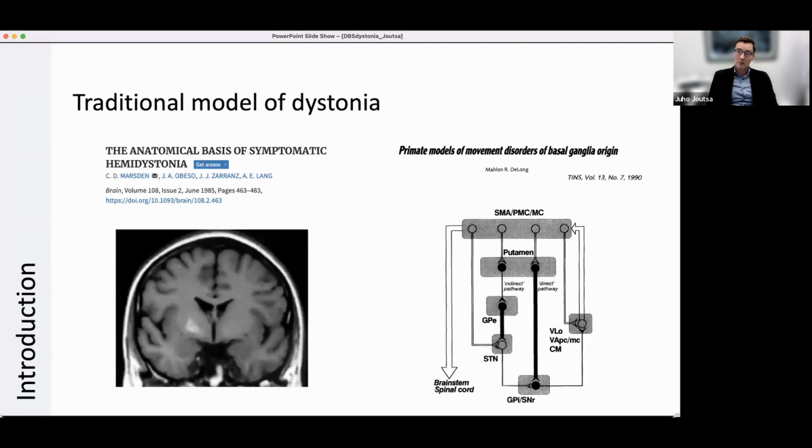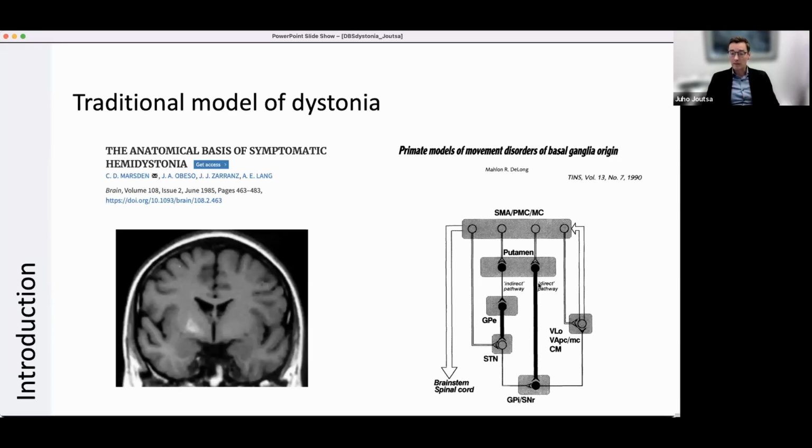The traditional models of dystonia emphasize the role of the basal ganglia. And to a large extent, these models have been influenced by findings with lesions. So lesions involving the basal ganglia are typical for cases with lesion-induced dystonia. And these findings fit quite well with the simplified traditional model of the corticobasal ganglia circuits, which include both excitatory